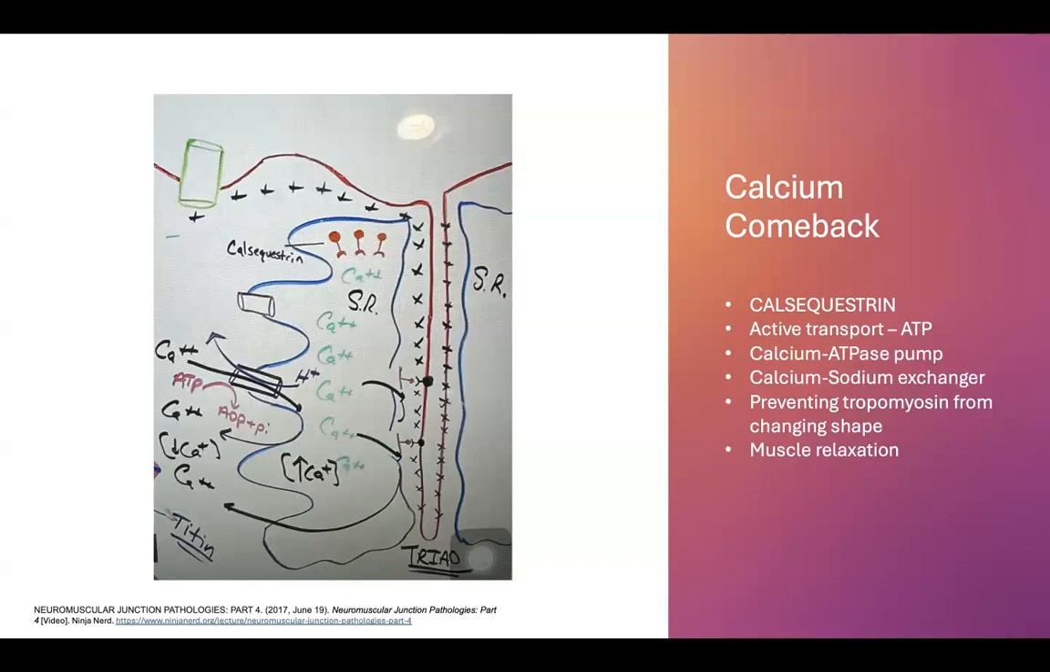The first way it can work is using ATP, the calcium ATPase pump, which moves calcium inside from the sarcoplasm and releases hydrogen protons outside the reticulum. And the second way, using secondary active transport, is the sodium calcium exchanger,